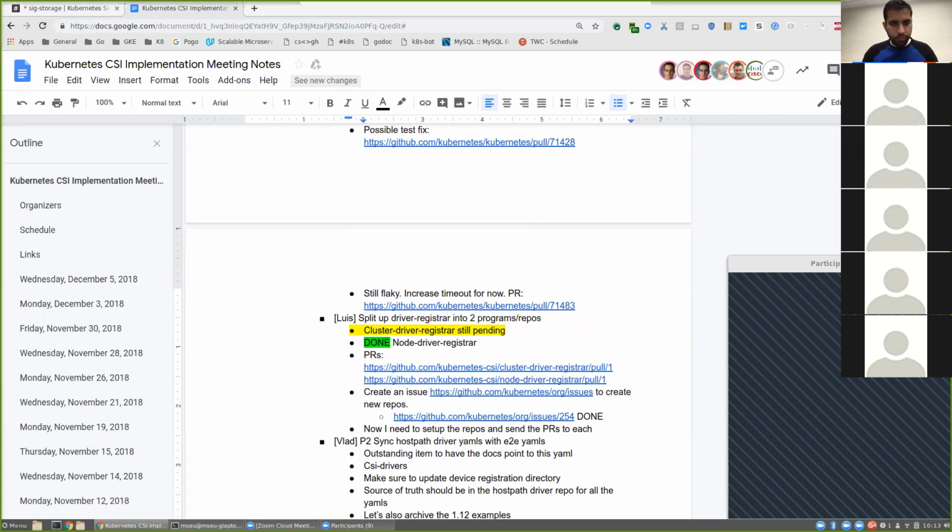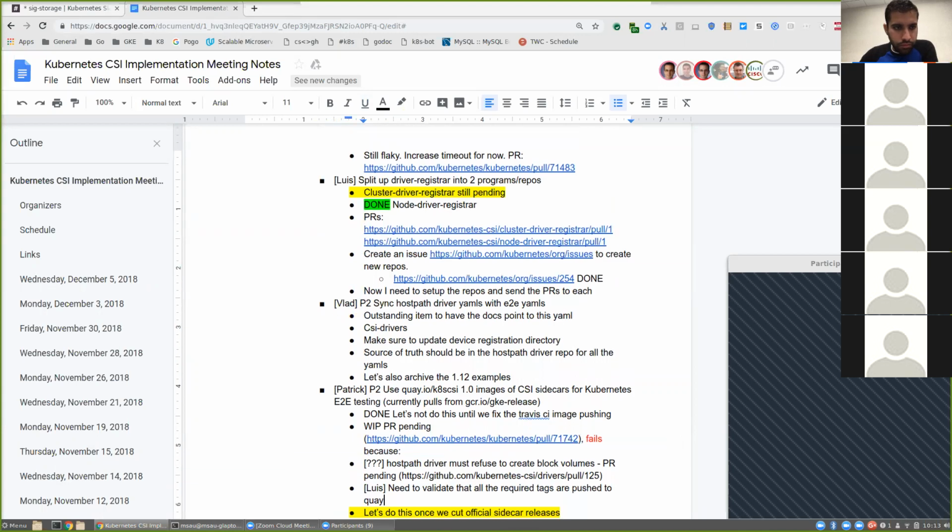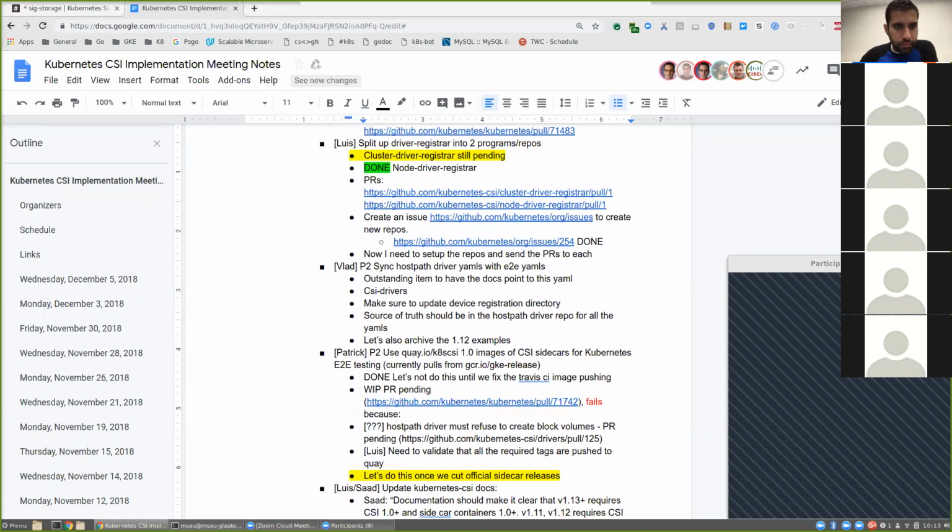Next is splitting up the driver registrar. So we talked about that. Syncing the host path driver YAMLs with the E2E YAMLs. I have, I was looking at a